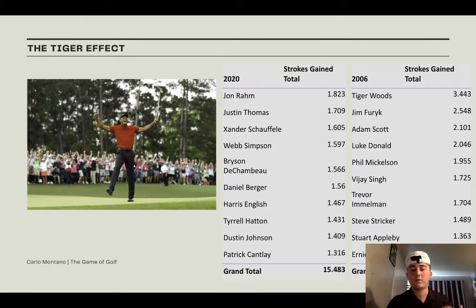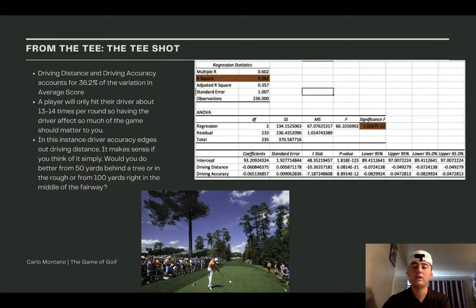So each round he would score about a 67 compared to a 70. So he'd gain about three strokes over the competition, just showing how much better he is than the average player, even PGA player. Some of the best. You can see the gap has definitely narrowed. Jon Rahm is at 1.83.